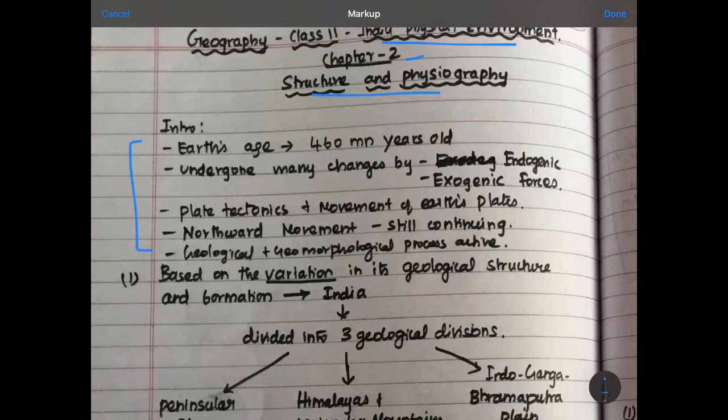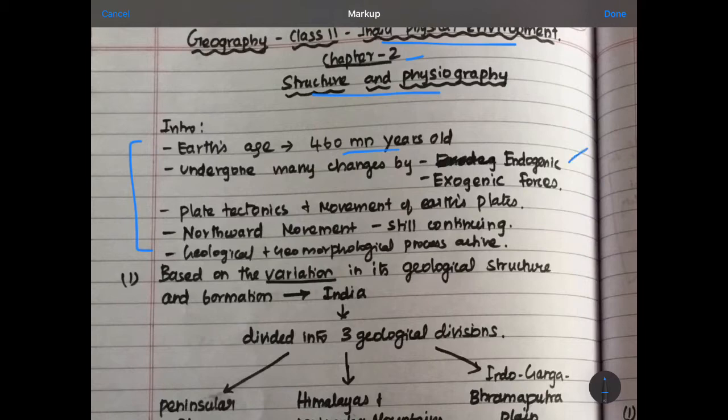The age of the earth is approximately 460 million years, and when the earth was formed, it was not like the earth today where we are living. It has undergone n number of changes. Even 20 years before, the lands were not as they are today. Many lands have developed as cities. These changes are made by humans, but nature also makes certain changes even today, since the formation of the earth. These two forces are mainly responsible for these changes.